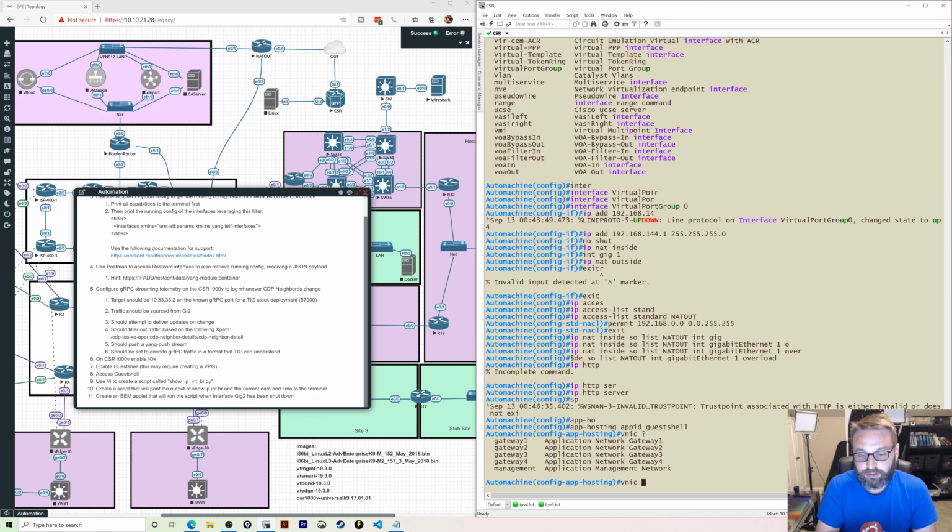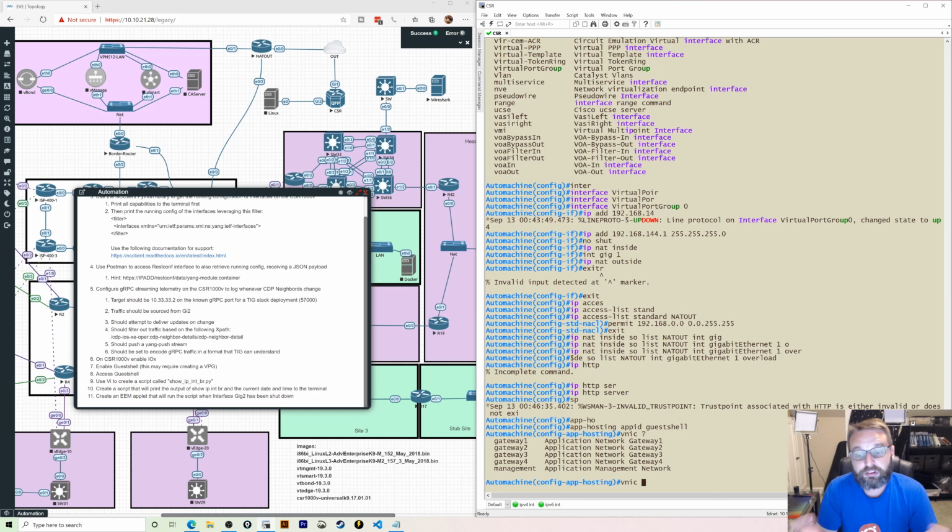It's vnic, and then you'll press question mark, and you see you've got some options here. Now, in pretty much all of the documentation that I've ever found on configuring this section, first of all, you might not find anything on configuring app hosting at all when it comes to guest shell. Some people might just say enable guest shell and it works without configuring any of this. In my experience, that's not true unless you've got the management interfaces already identified. But if you don't,